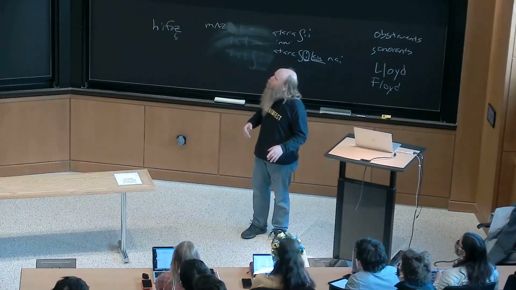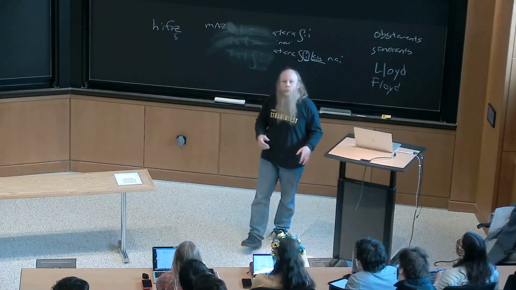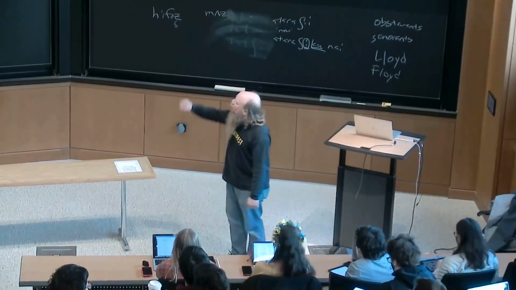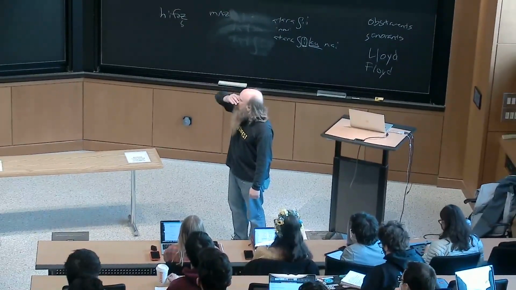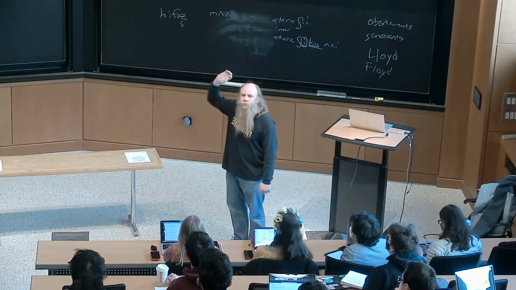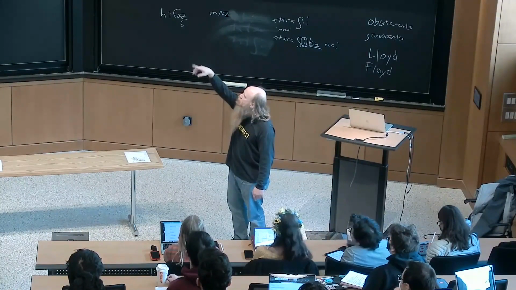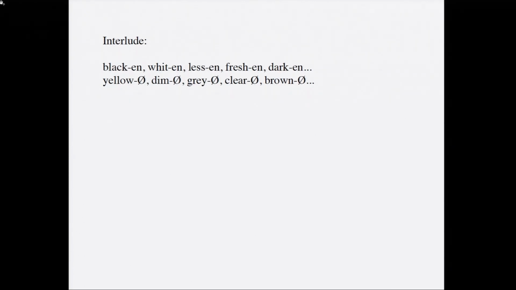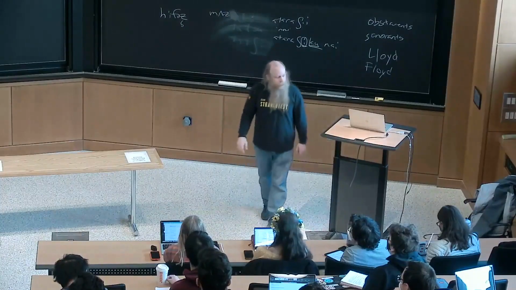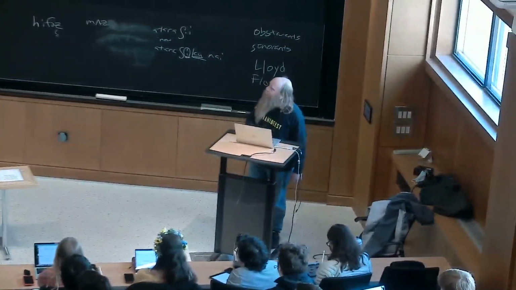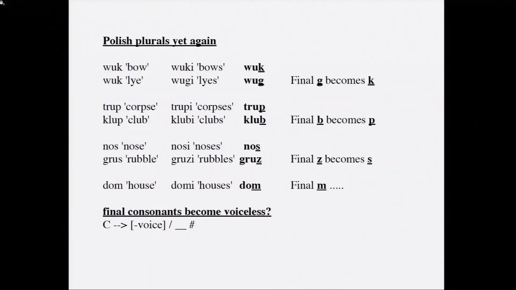And yellow, dim, gray, clear, and brown end in voiced sounds. What's the cover term for stops and fricatives? Obstruents. So "n" can be added to words ending in obstruents, and it can't be added to adjectives ending in sonorants. Okay. Another place where it's useful to distinguish sonorants from